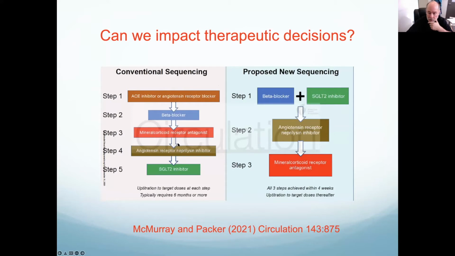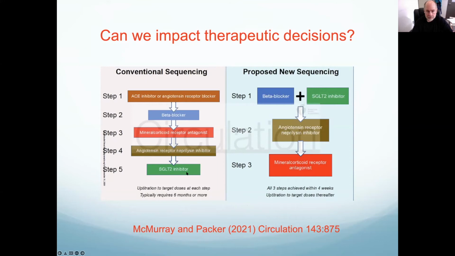So what if you could find a way to onboard them more quickly? John McMurray and Milton Packer have been thinking about this in patients. Instead of up-titration over 6 months, they would up-titrate different combinations much sooner. But in my discussions with John McMurray, we think we might be able to do this with stem cell-derived cardiac myocytes from individual patients. So can we adapt the sequencing of drugs patient by patient rather than just using the conventional sequencing that is